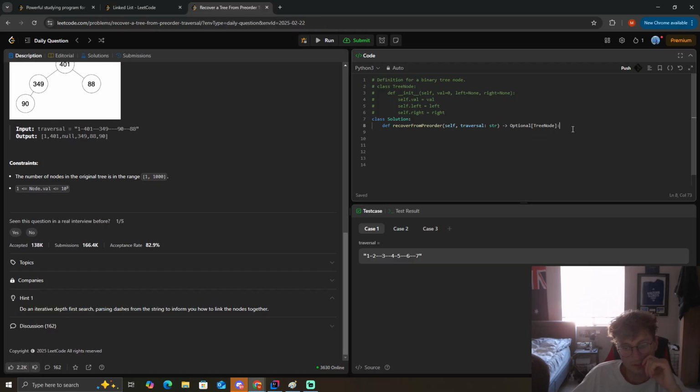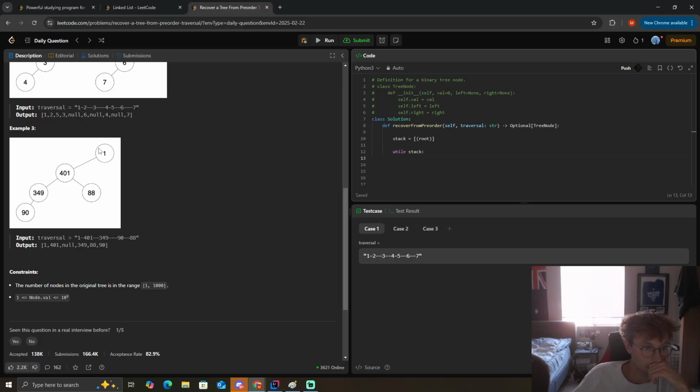If we're doing an iterative depth first search, let's just start with that root node. And while the stack is not empty,